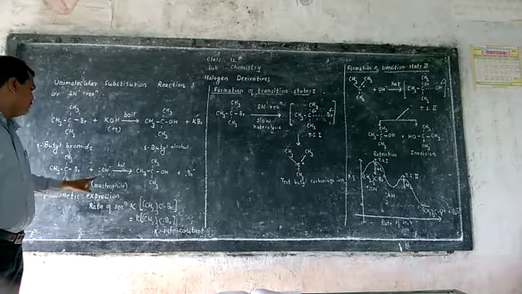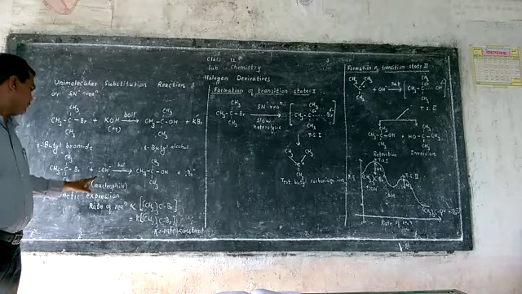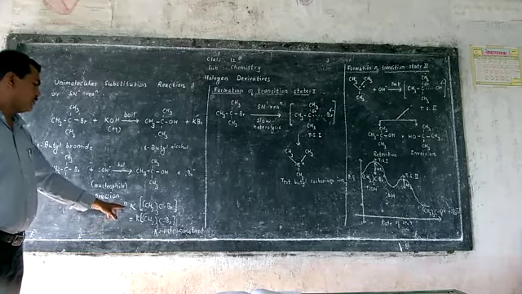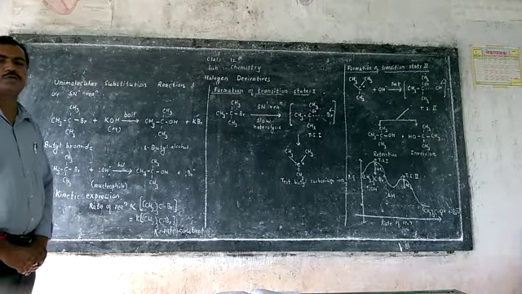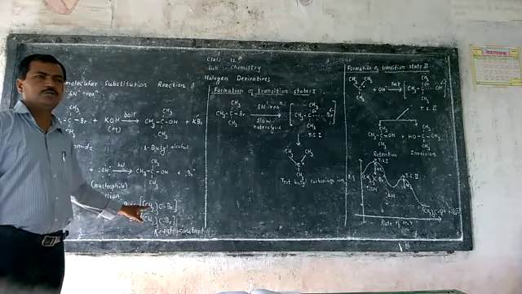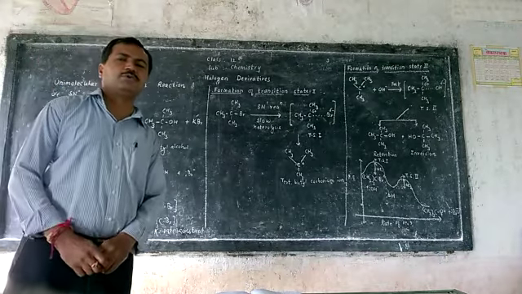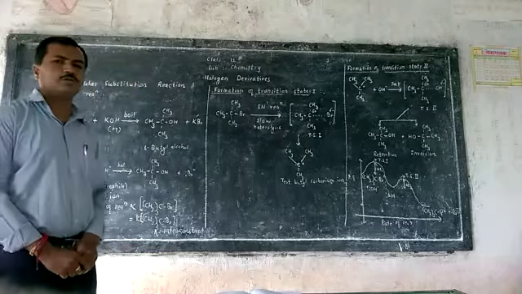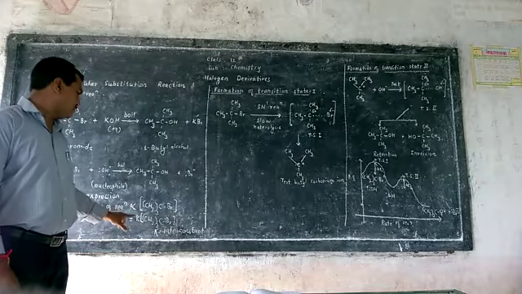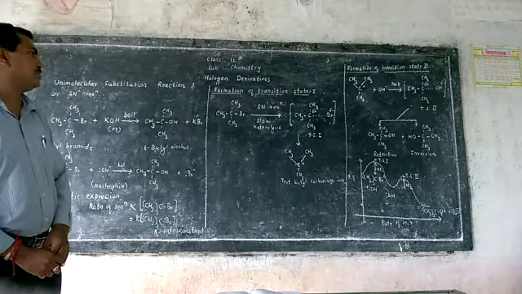In ionic form, this OH negative is the nucleophile with a lone pair of electrons. Now the kinetic expression: the rate of reaction is directly proportional to the concentration of tertiary butyl bromide. Only tertiary butyl bromide, so it is unimolecular nucleophilic substitution reaction. Here the rate of reaction depends upon only one substrate, so the order of reaction is 1. Here if we remove the alpha sign, the equivalent K is written, where K is the rate constant.